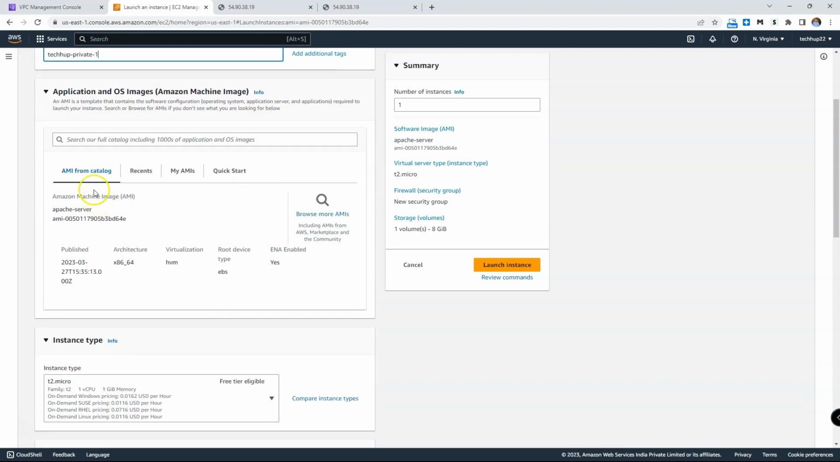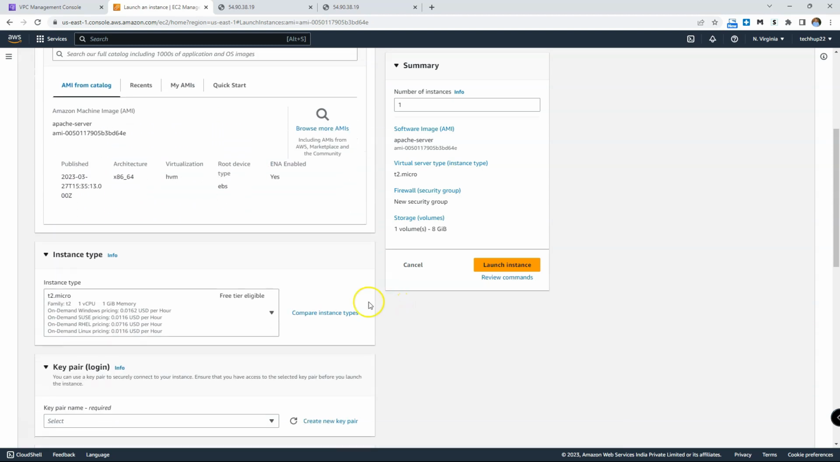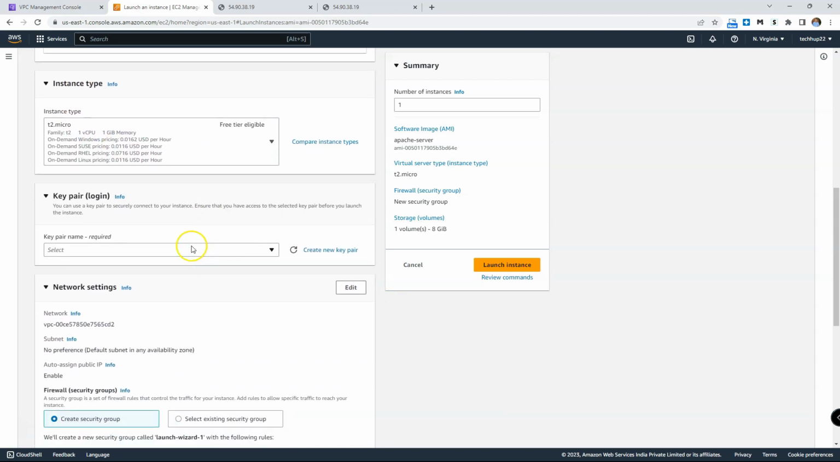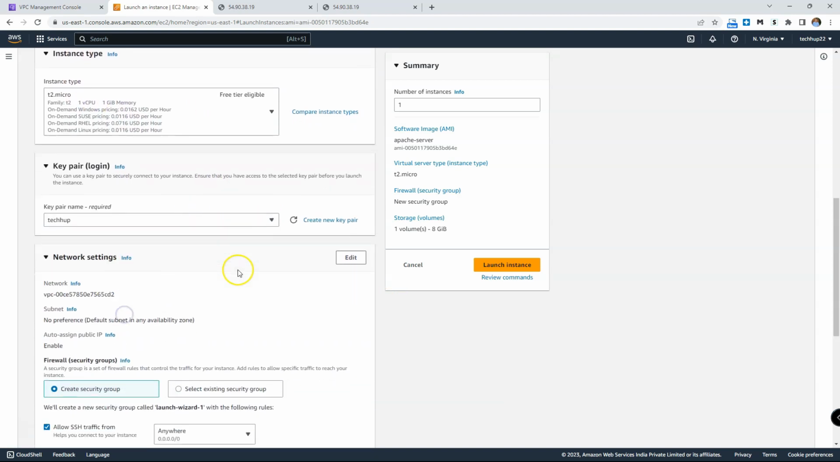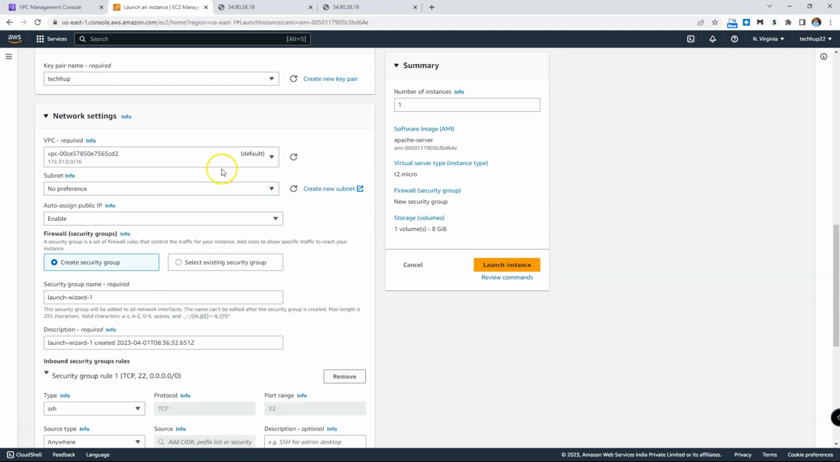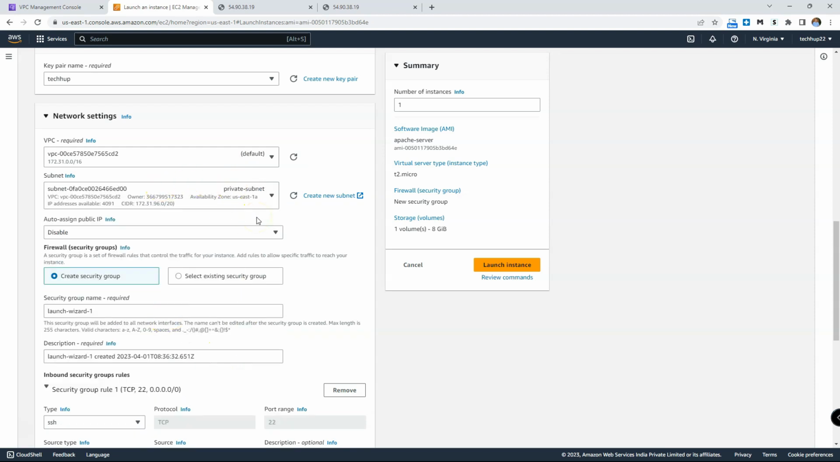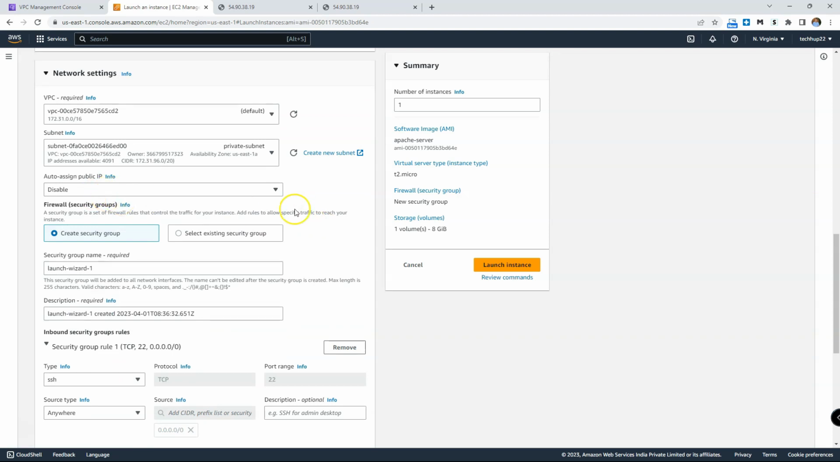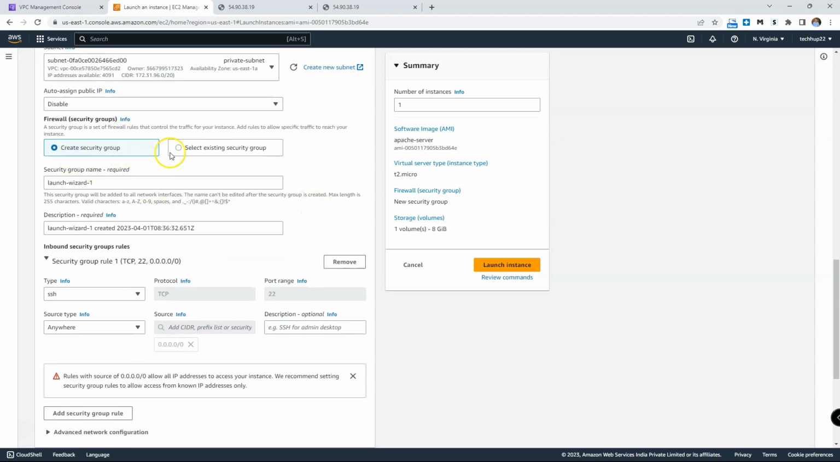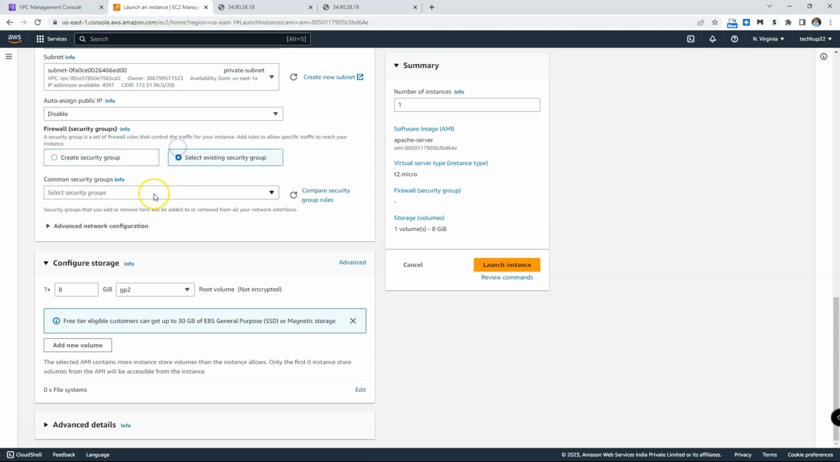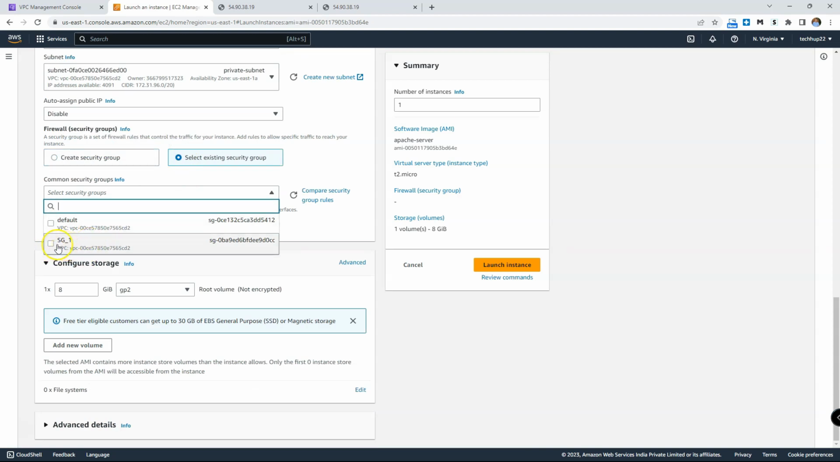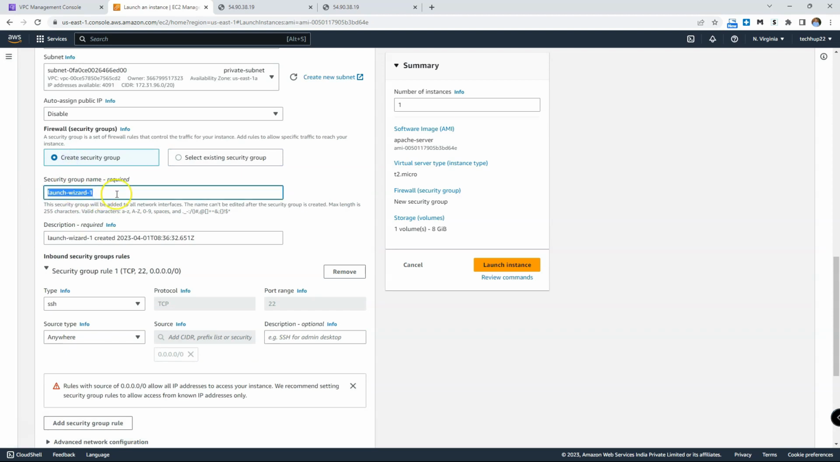and I have already selected the AMI. I'll keep the instance to T2 micro. For key pair I'm using the same. For network setting, we need to be sure that we are launching it in the private subnet. So I'll just select the private subnet that I had shown earlier in my VPC. And for the security group, what I will do is that I will create a new security group because I do not have a security group right now. I just have security group 1, and what I intend to do is I want to create a security group called